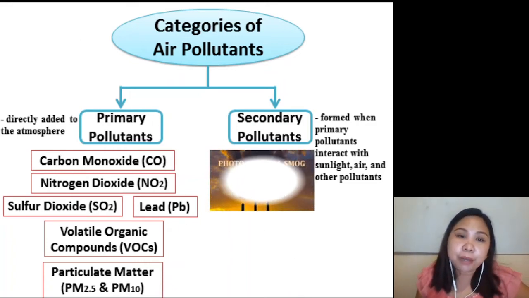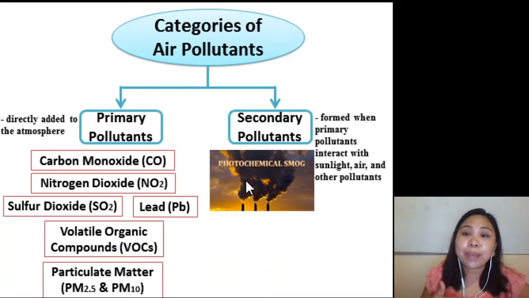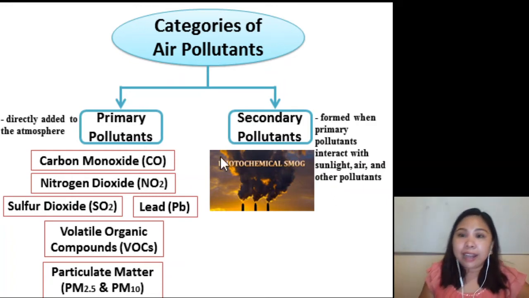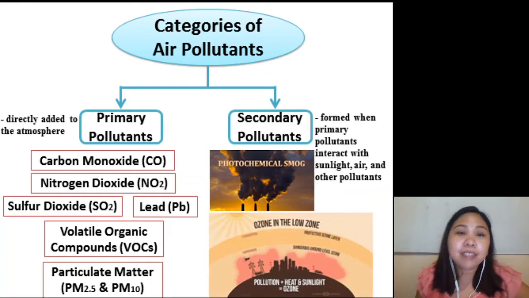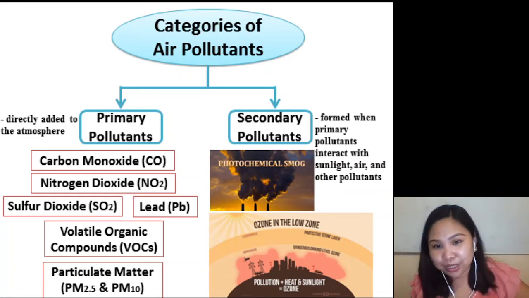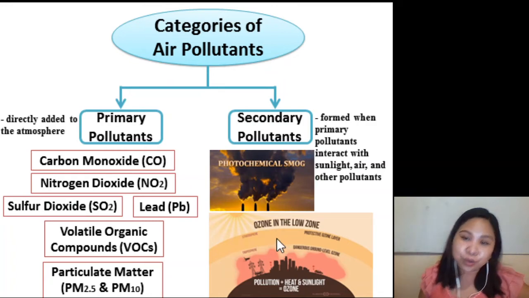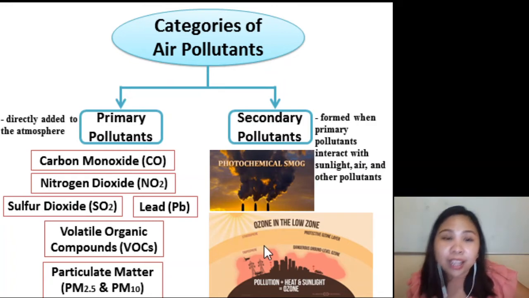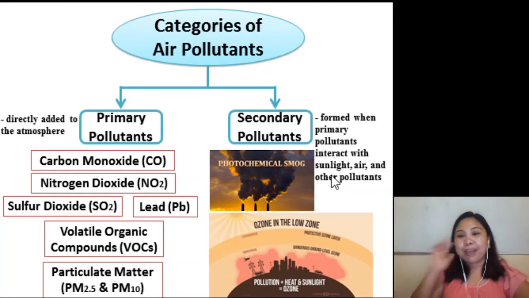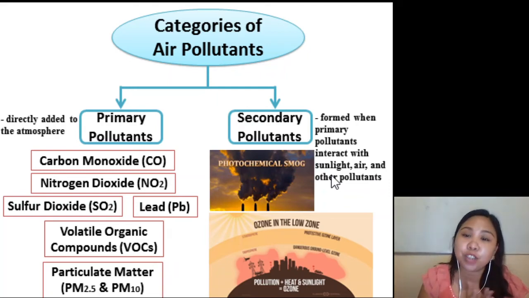Okay? The secondary pollutants that we have is what we call photochemical smog. Ayan. So, etong photochemical smog, nangyayari ito whenever there's an interaction, okay, sa sunlight. So, later, i-discuss natin to. Stay tuned. Ayan. So, another type of secondary pollutant, meron tayong tinatawag na bad ozone. Ayan. So, hindi ito yung good ozone, bad ozone ito. This is the ozone in the lower part. Okay? So, we'll discuss kung ano ba ang pagkakaiba ng good tsaka bad ozone.